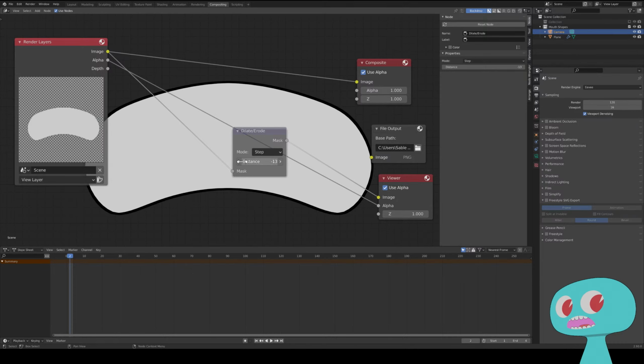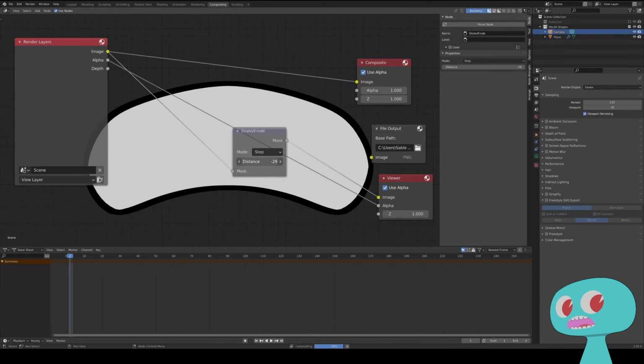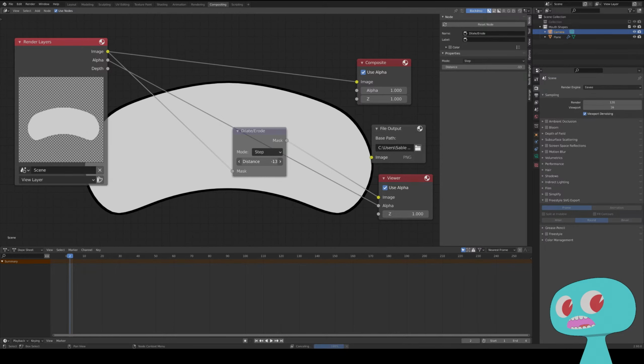So you'll notice that I'm actually eating away at the render that we just did. This will very much depend on what you want to do, as in how thick the mouth shape is that you want. If you want it very pencil thin, it'll just affect how much of a distance in minus that you put into it. So what we're going to do now is